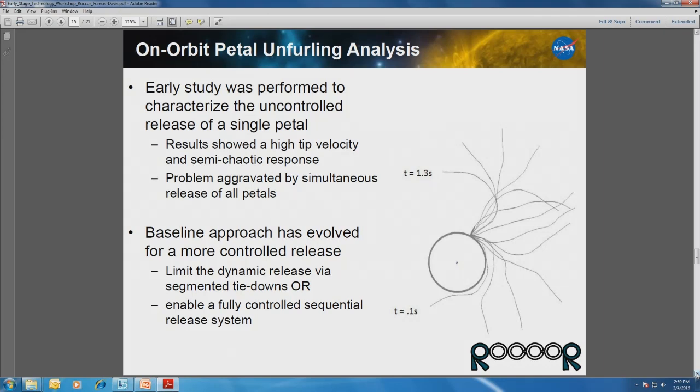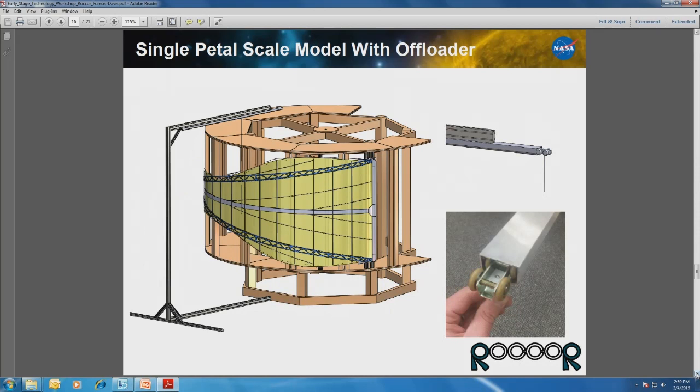Let's see here. I think I have 2 more slides. Oh, no, I'm sorry. I have to talk about some of the work we're doing actually at ROCOR itself. So we have several petals that were fabricated at our facility now. We have a full-scale truss structure that we've built. You can see here this structure that's circular that represents the diameter of the hub itself. We have a petal on there that wraps around the hub, and then we have a series of offloaders, only one shown, that allow us to reduce the effects of